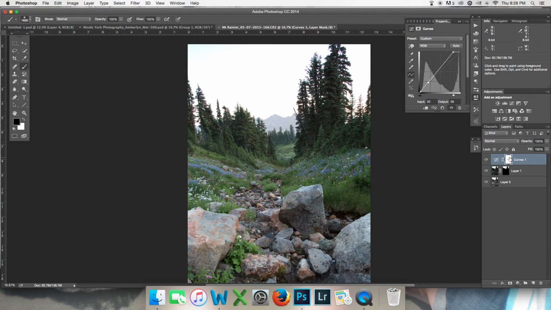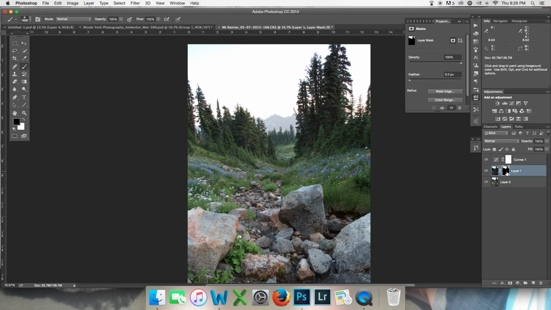The problem is, since the adjustment is applied globally to the entire image, it's also applying it up here to the sky where I don't want it. So I have the same options in this situation as I had when I first started editing. I can either come in with a black brush and paint on this adjustment layer to try to get rid of that, which is of course then going to start affecting the trees if I use a big brush, and then I'll have to do painstaking detail work if I use a tiny brush. Or I can actually take this layer mask, since it's already applied to the areas that I want it,